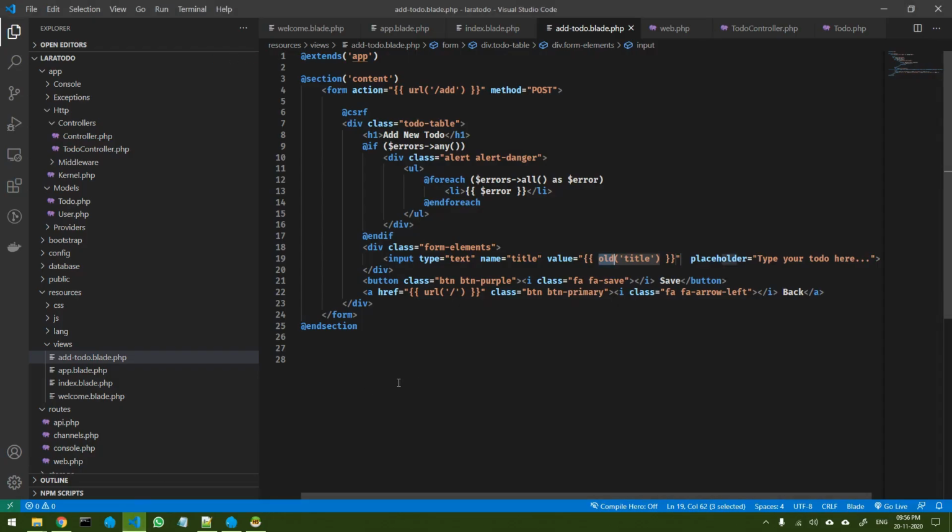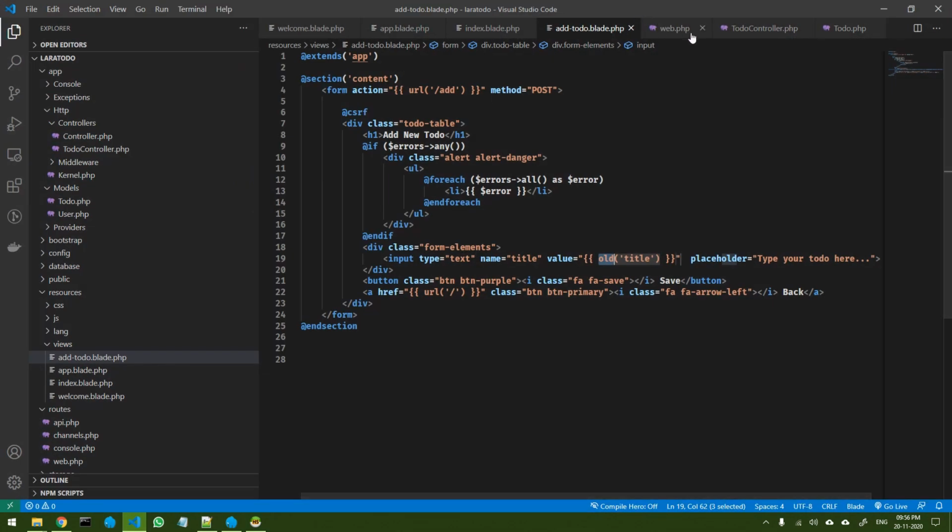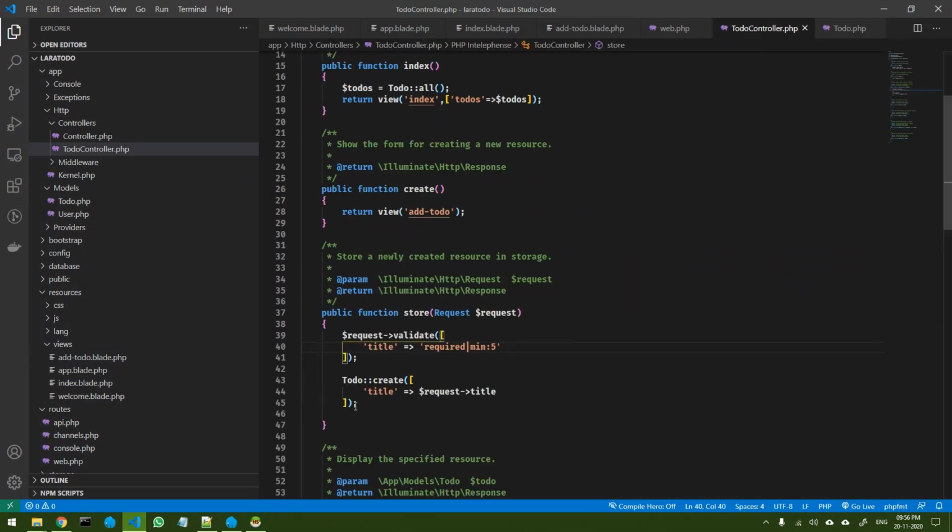Now the problem here is that it is showing me a blank page. That is because we have not completed the code, right? It is entering the data, but after that we are not telling it what to do next. So let's see how to handle this. To handle that, you can simply say